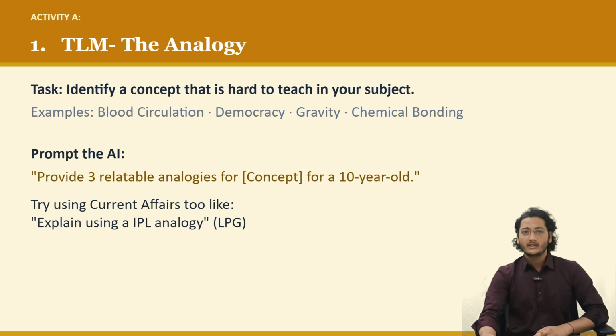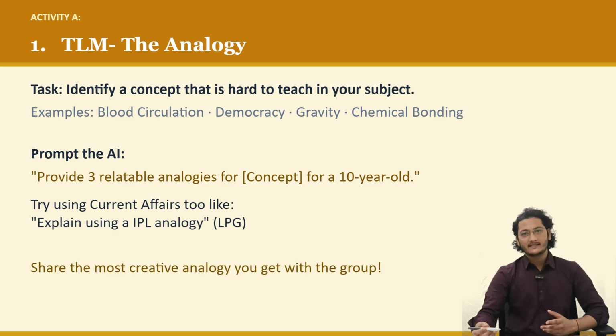Now you will get some story, some analogy, and you have to decide whether it's going well or not before accepting or before releasing to your classroom. So like in the current affairs, I can see the IPL is going on. You can say, can you give the analogy with respect to IPL? Or there is an LPG shortage. Currently I am in April or May 2026. So there was an LPG shortage. So you can ask AI to generate a relatable analogy that will help. Now create an analogy and we will see whether it's going well or not.